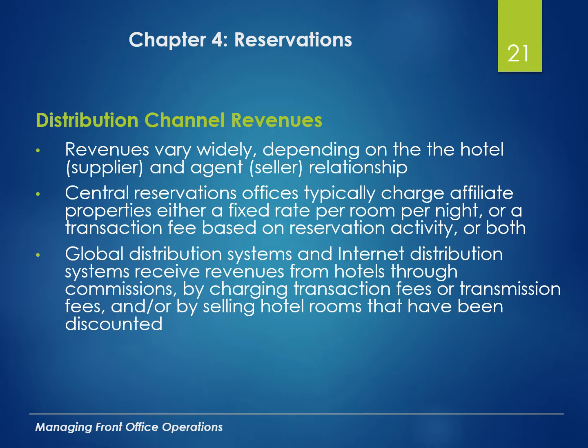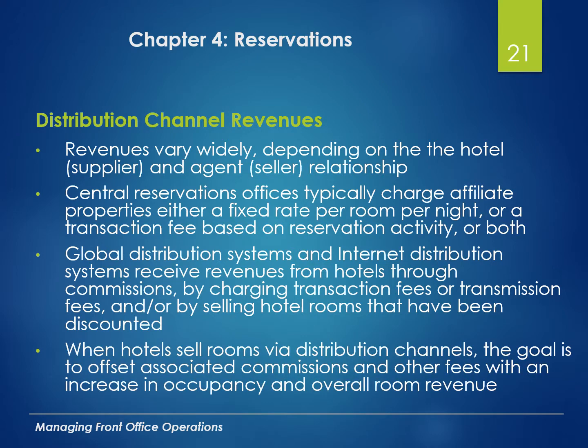whereas the GDS and the IDS is typically revenue that's paid back to those specific systems through commissions or other ways. The IDS or the GDS will charge a certain rate, and then the hotel just pays a commission back to that system. All of that has been negotiated or contracted based on that option to be listed on those GDS or IDS. Okay, and so it costs us money in order to post our inventory on those systems.